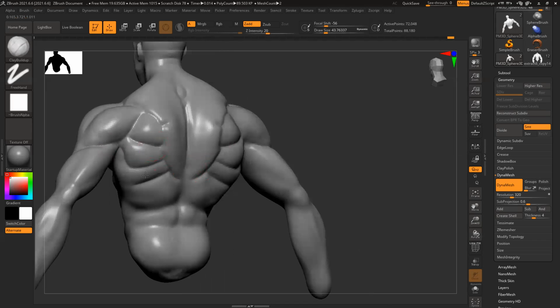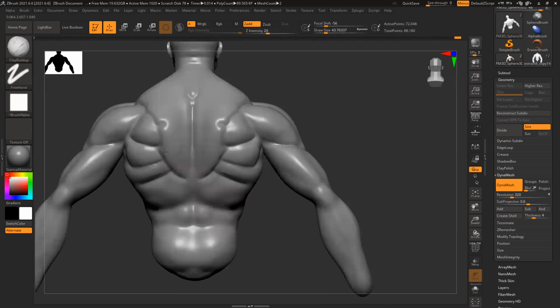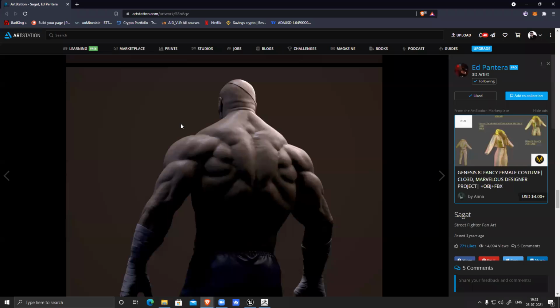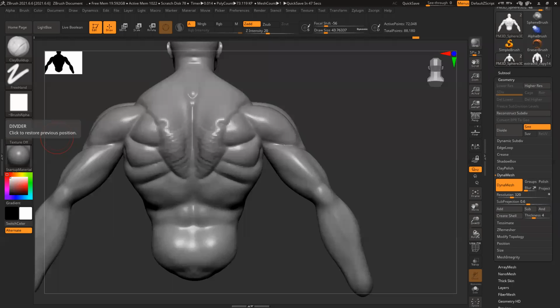Then I have to add a little volume so that I can make it a little rounded, because human muscles are not flat. They are mostly rounded and soft. So that thing is very important. And one more thing we have to keep in mind always is where you can see the bulge. Like in this shape, the center part is bulged out, right? Those small things, like the center part is bulged out or the corner sides are bulged out, we have to keep in mind, and based on that, we have to add volume.